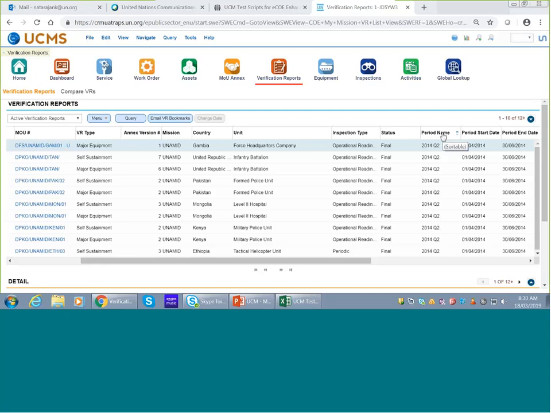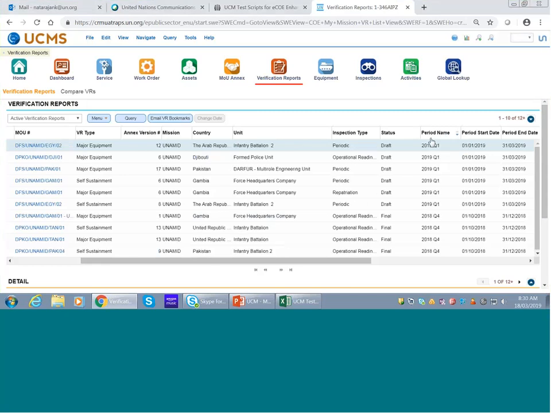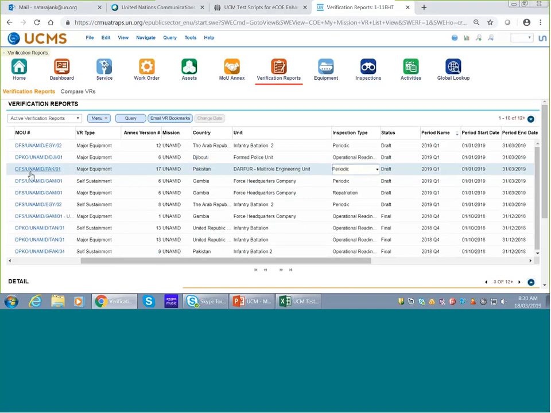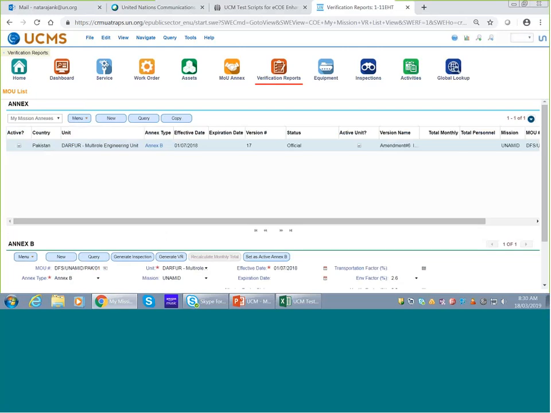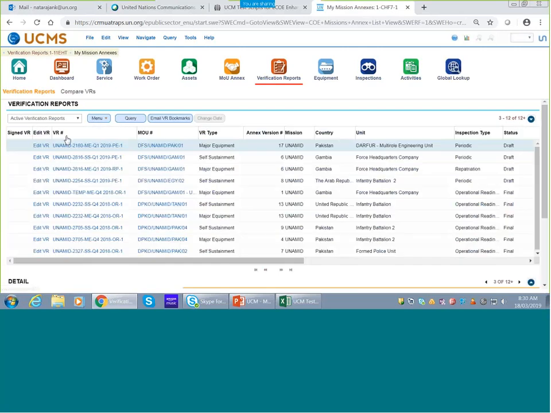So let me sort all my verification reports based upon the current period. As you see, I've generated a few draft VRs for periodic, repatriation and operational readiness for the current quarter for the UNAMID mission. Let me select this unit, a multi-role engineering unit for the Pakistan tree, and I'm going to drill down on the VR number,